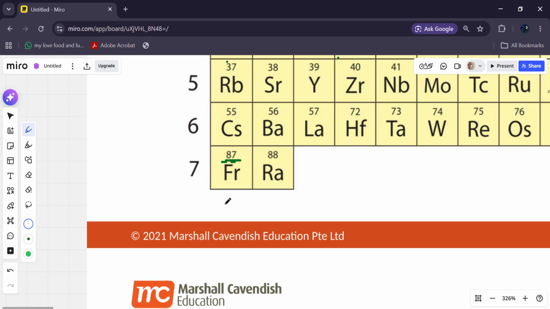That means they have more electrons, because in a neutral element, the number of electrons and protons is the same. Since this is a neutral element, not an ionic one, the outer shells of the elements will be further away from the attractive force of the nucleus, and